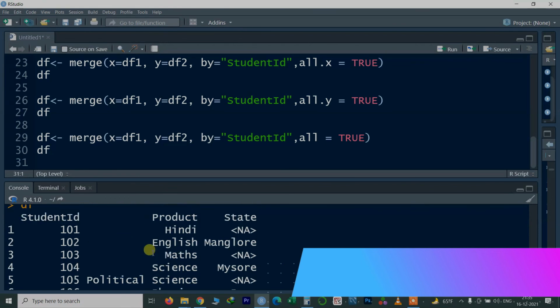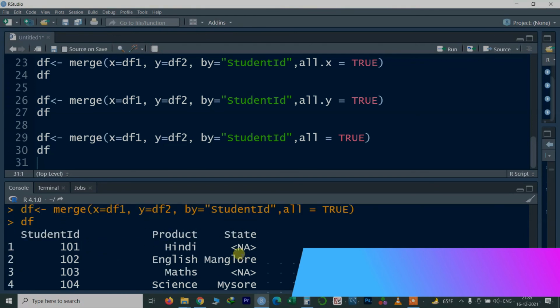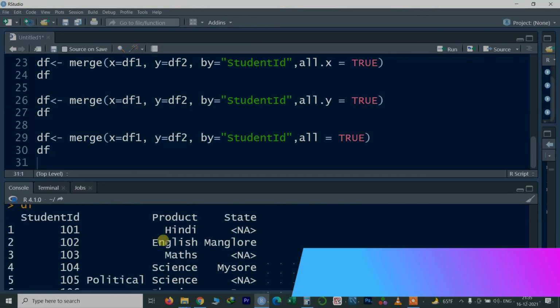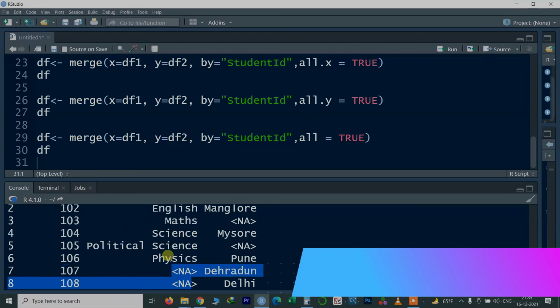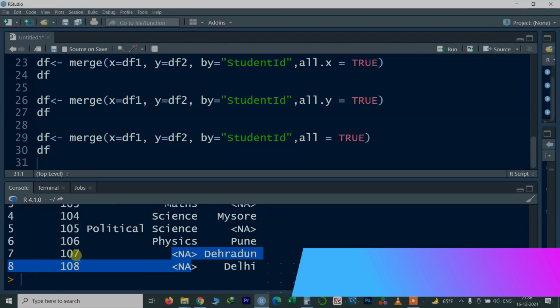You will see the student ids from 101 to 108, and wherever data frame 1 is present it will be printed, and the respective value from data frame 2 will also be printed, irrespective of whether the matching product value is available or not. For example, 108 is not available, so R will throw NA. This means this is a missing value.